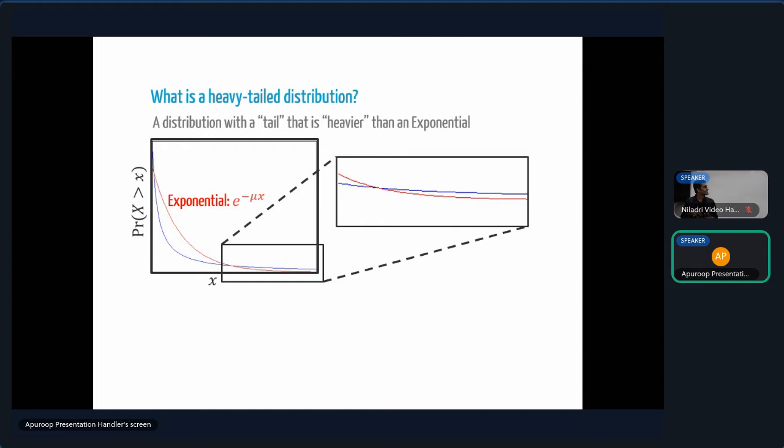That said, this definition of heavy tails applies naturally to the right tail of the distribution. If you have a two-sided distribution, you may also worry about the left tail of the distribution, which you can symmetrically define as heavy tail by just flipping it over, right? So X would be heavy tailed to the left if minus X is heavy tailed to the right. So it suffices to only work with the right tail and call it heavy or light. Okay. Another question. Yes. There is another long tail.